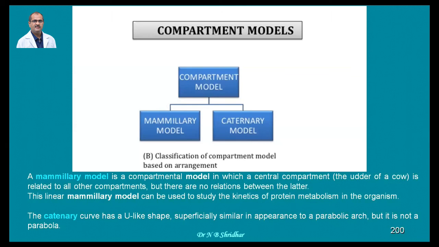Whereas the catenary model curve has a U-shaped curve superficially similar in appearance to a parabolic arc, but it is not a parabola. So here the concentration of the drug is initially high, then it subsides. Once again it reaches the highest concentration. That's the catenary model. And all these are imaginary models, nothing